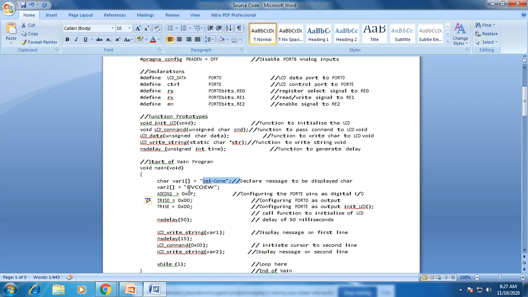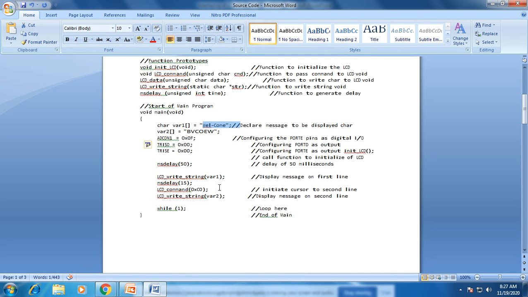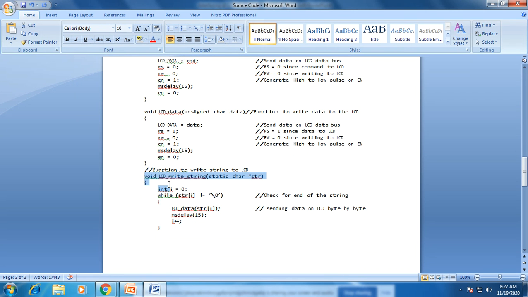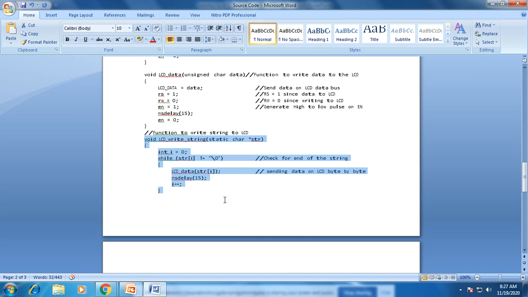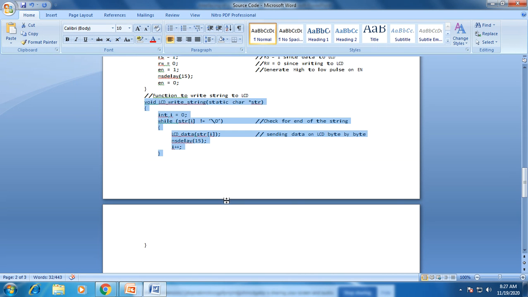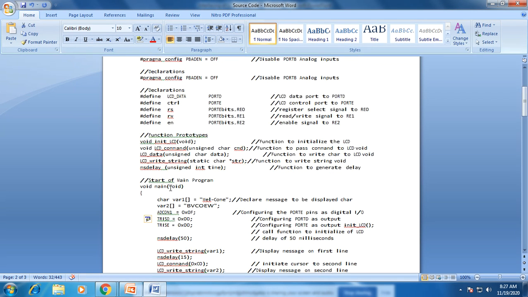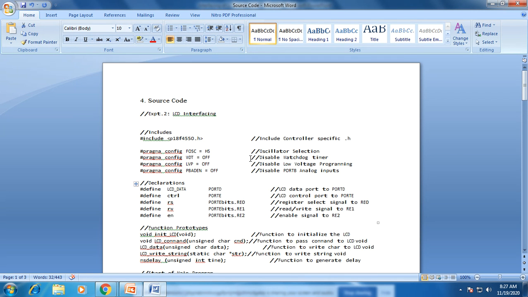In one string function we are going to send the complete message WELCOME to the LCD for displaying purposes. Don't forget to give end curly brackets for ending the program or ending the subroutine or function.